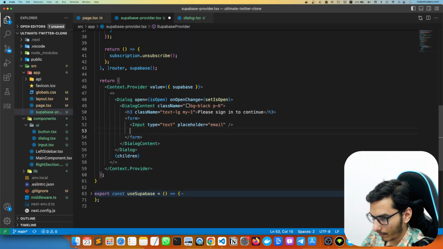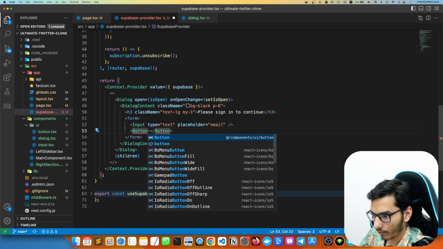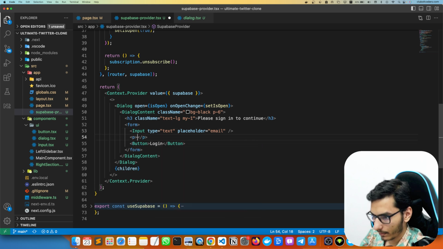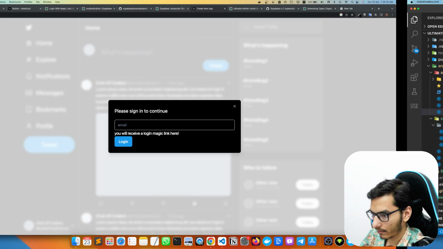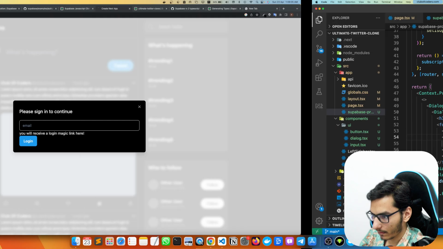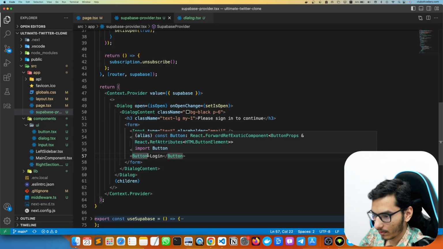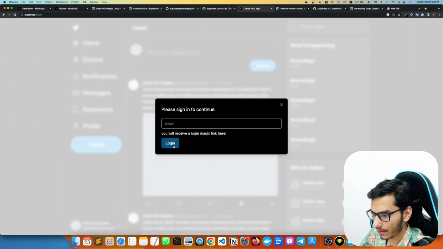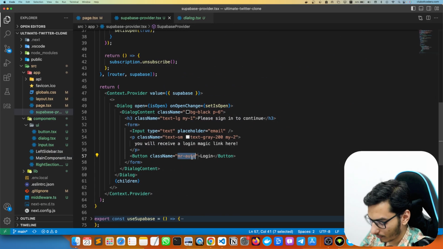Now we need to make a button also. Button, import the button from UI, send login, and we can include a short paragraph here. You will receive a login magic link here. We can give it some classes, text-sm, text is white, or we can make it gray somewhat, 200, that's good. Or we can also give it margin. And what I need is right auto. The color is not looking good to me. This is Twitter color, but this is not looking good to me,